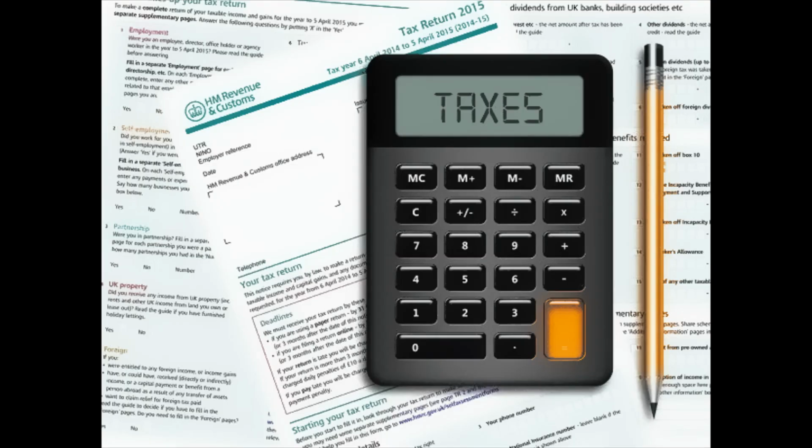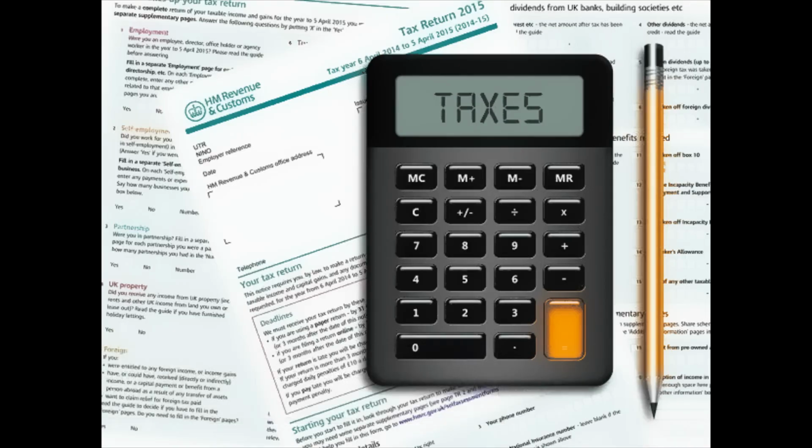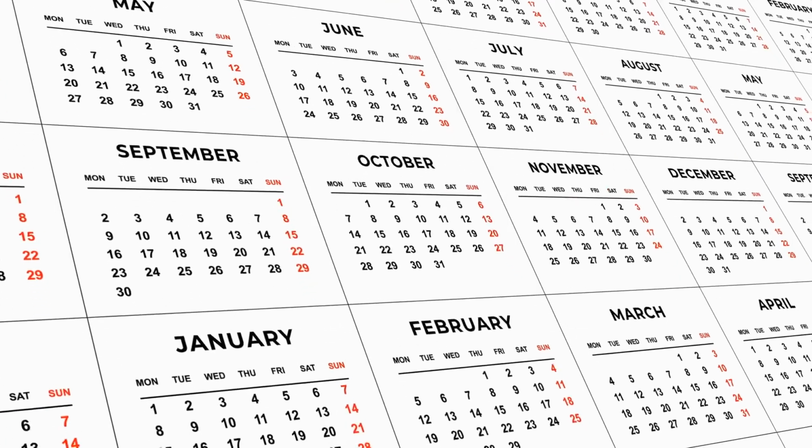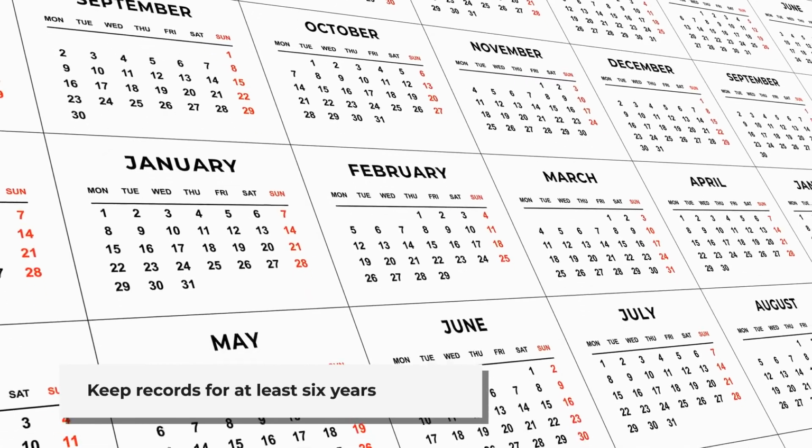What can you claim on your CIS tax return? Eligible expenses include business travel costs, tools and equipment, protective clothing, accommodation when working away from home, use of your home for business purposes, mobile phone bills, and professional fees like insurance and accountant charges. It's crucial to keep receipts and records for at least 6 years, as HMRC may ask for evidence to prove